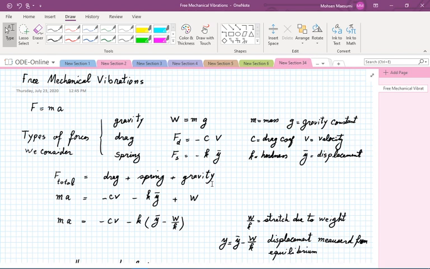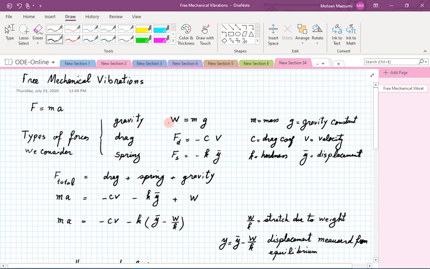So the case that we are going to consider first is when we don't have a variable outside force in the system. At the very beginning of semester we mentioned that this all comes out of Newton's law, F equal to ma, and that immediately turns into a differential equation. Today we are going to talk about this thing in much more detail. We are going to take a look at a situation where the types of forces that are involved in our problem are made out of probably some gravity,